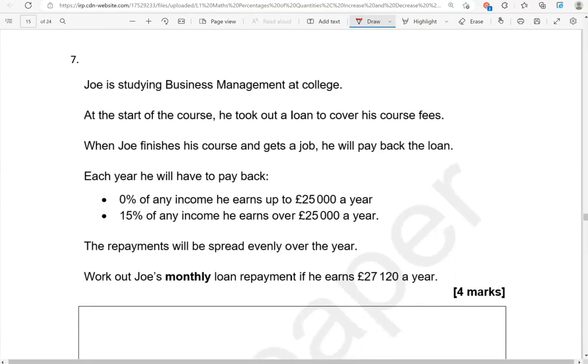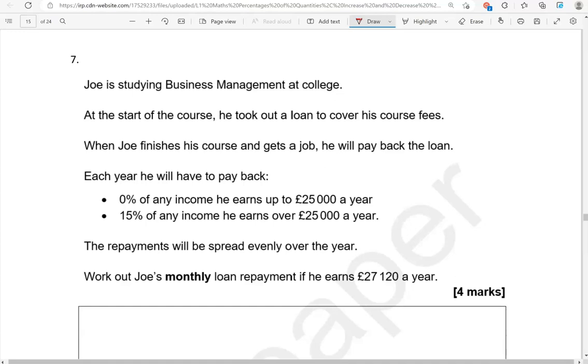Joe is studying business management at college. At the start of the course, he took out a loan to cover his course fees. When Joe finishes his course and gets a job, he will pay back the loan. Each year, he will have to pay back 0% of any income he earns up to £25,000 a year, 15% of any income he earns over £25,000 a year. The repayments will be spread evenly over the year. Work out Joe's monthly loan repayment if he earns